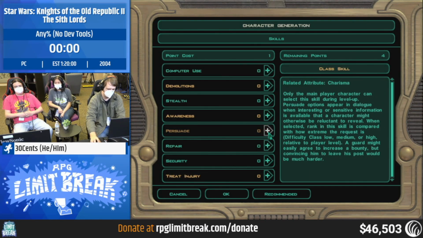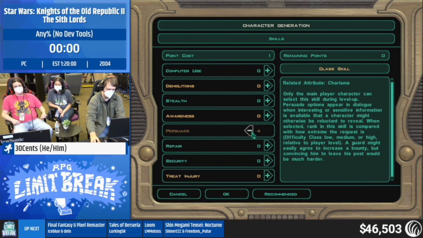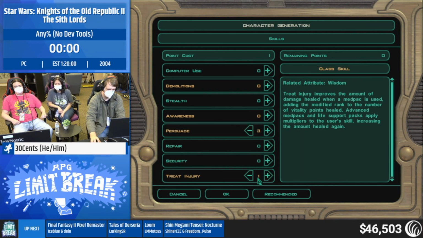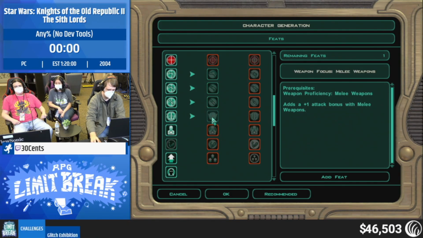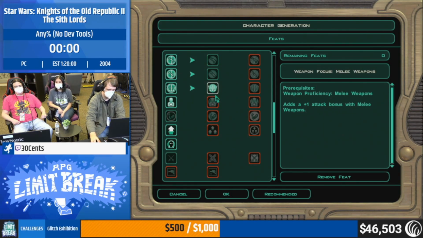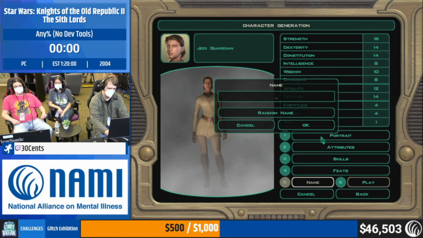Yeah, this game is really broken, but 30 will be running a sort of less broken version of this game, but it's still quite broken, as you're going to see here. So 30's going to specifically pick a female Jedi Guardian here. That's going to be very important. You're not really going to use force jumps here, but it's basically the most convenient class, because you do get